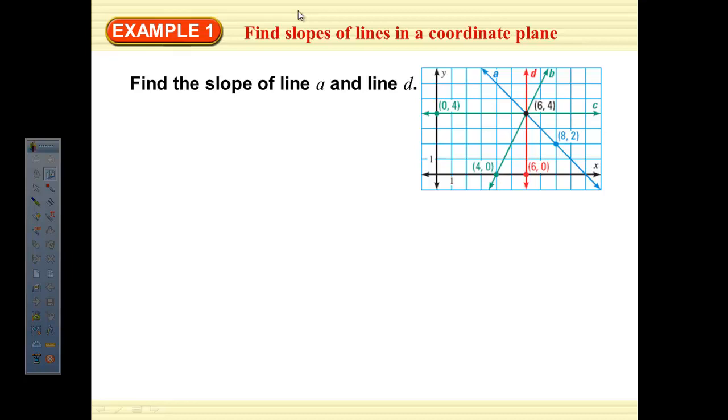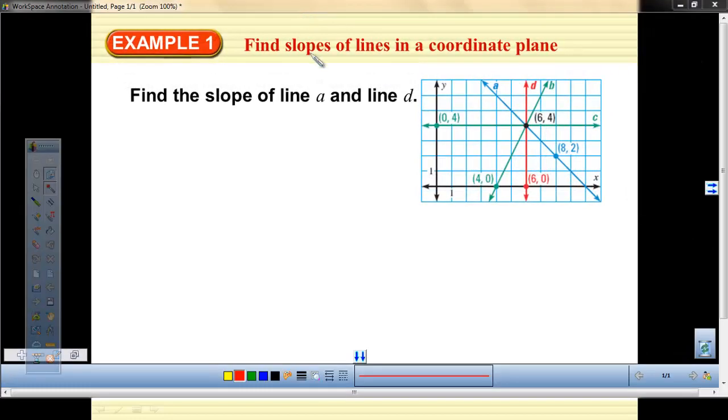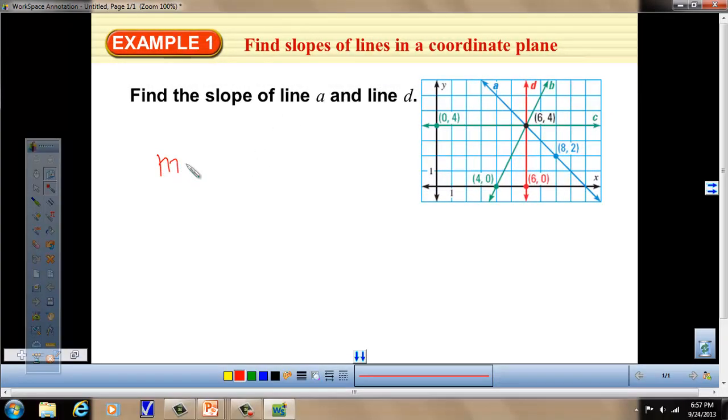In section 4, we're looking at slope and how to find slope. If you remember, the equation for slope is m equals y sub 2 minus y sub 1 over x sub 2 minus x sub 1, where we have 2 points. The 2 points will be x sub 1, y sub 1, and